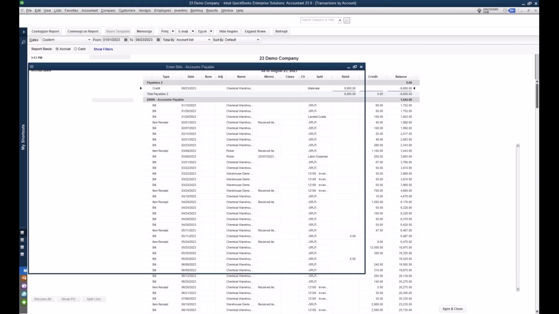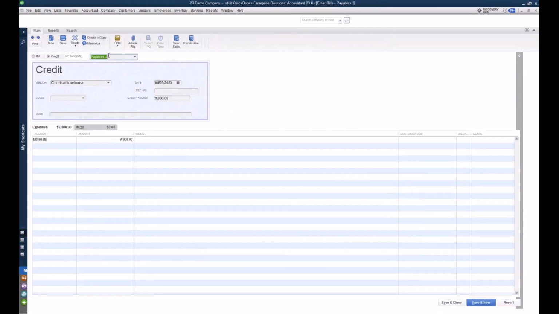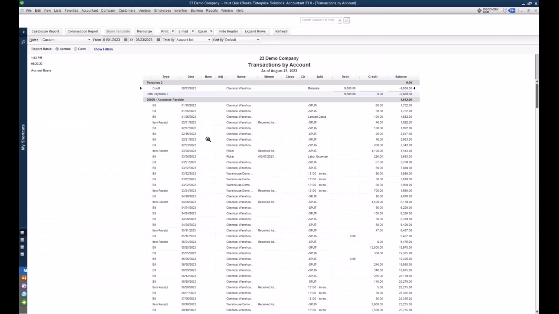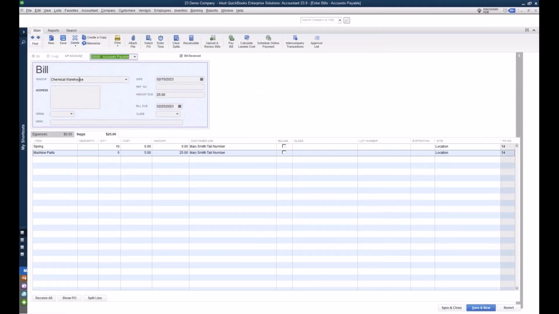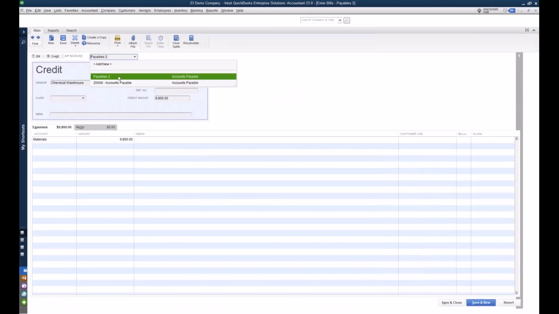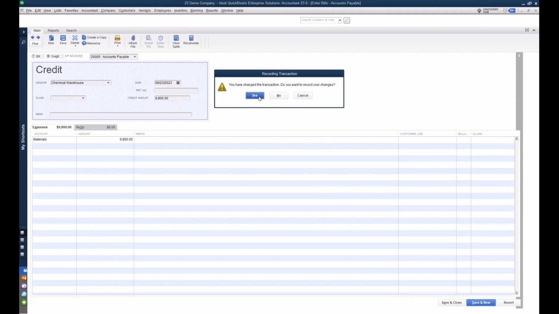So what we're going to show here is this one, accounts payable 2, right? It is hanging out, it is a credit for Chemical Warehouse. If I come up to the bills for Chemical Warehouse, they are all under the main accounts payable account, okay? Not accounts payable 2. So if I switch this, we're going to switch this into the main accounts payable type,